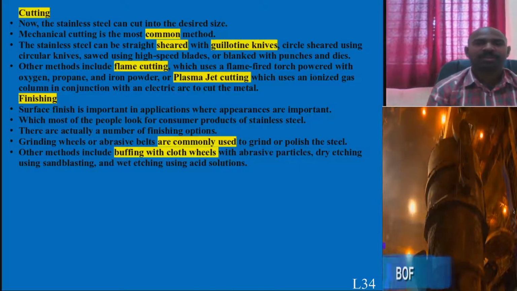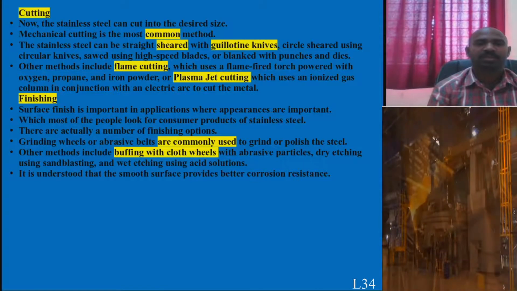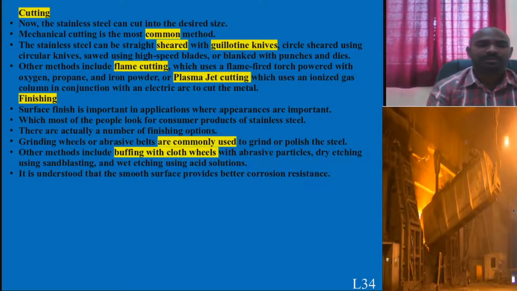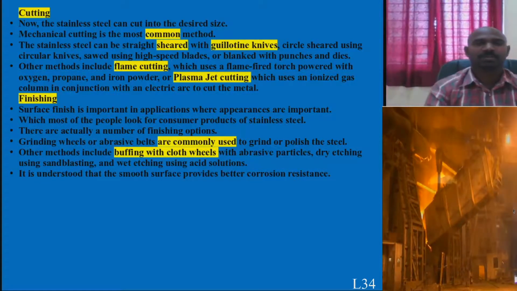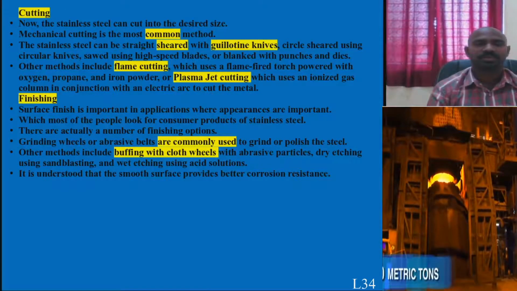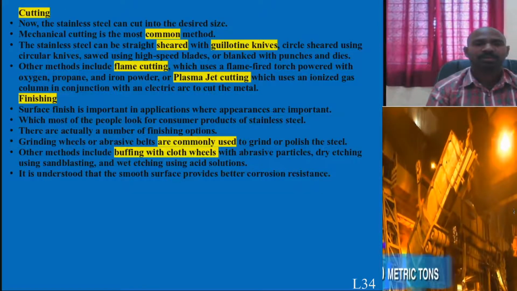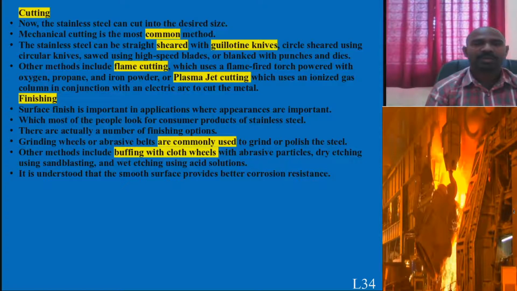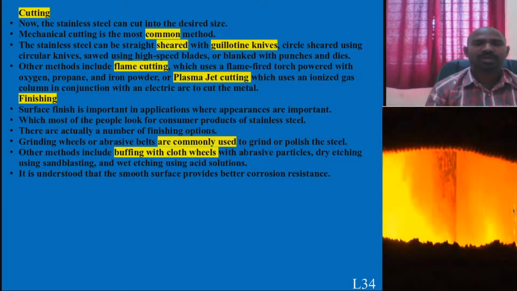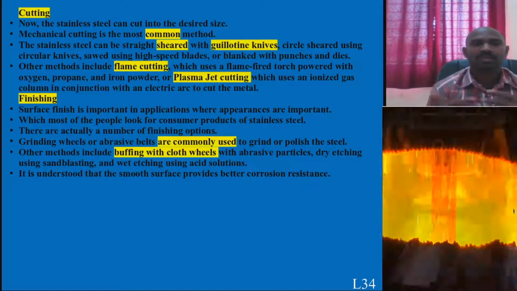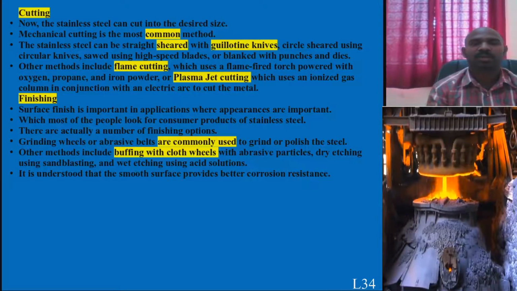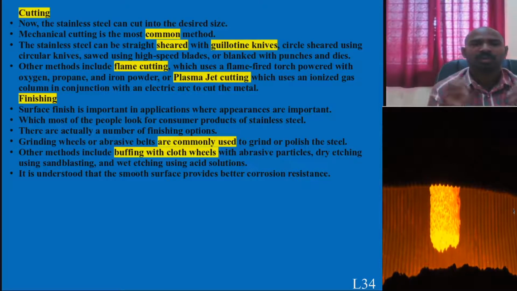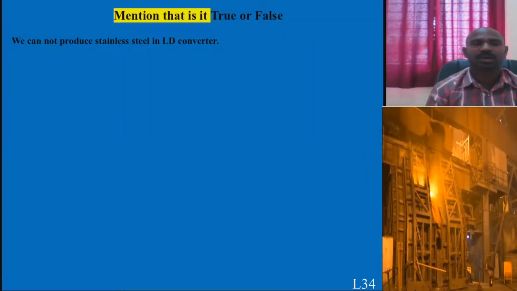There are many other methods you can go through, and it is understood that the smooth surface finish is also related to the corrosion resistance. If it is smoother, the formation of oxides, it could be the chrome oxide, Cr2O3, it could be the aluminum oxide and iron oxide, will be resisted from formation of oxides from atmosphere. So those things are very important.